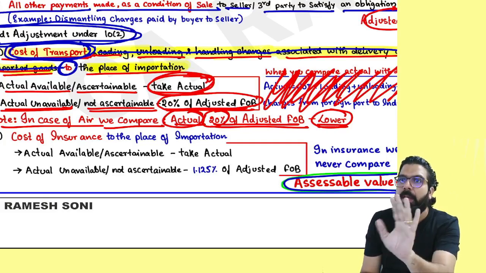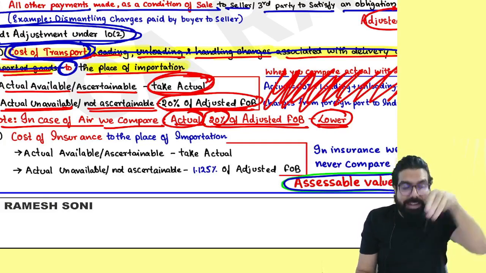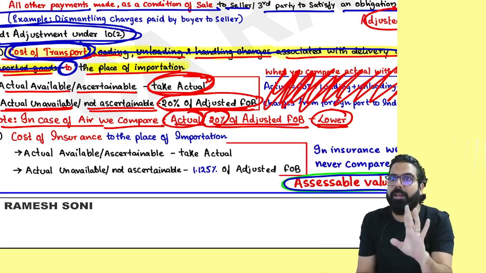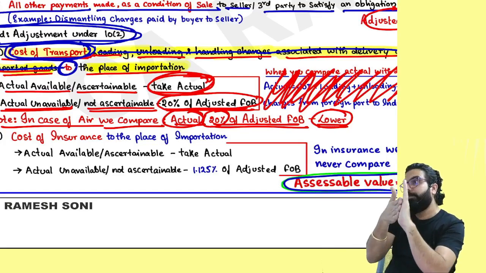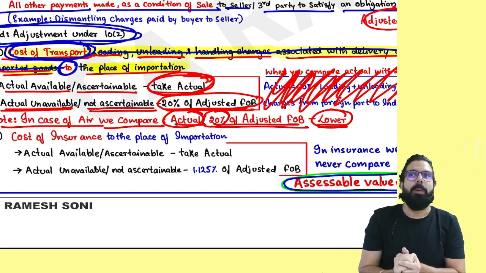Do you guys agree with me? It means any loading, any unloading, any handling charges at the Indian port will not be taken. Do you guys agree? It means only what will be added? Cost of transportation. Is my point clear to all? But now, what